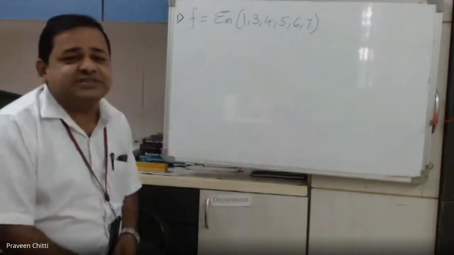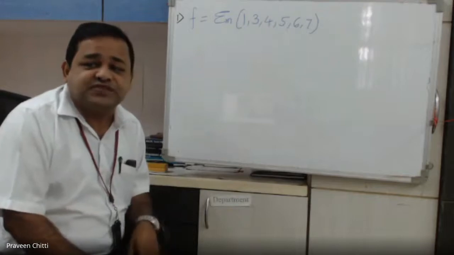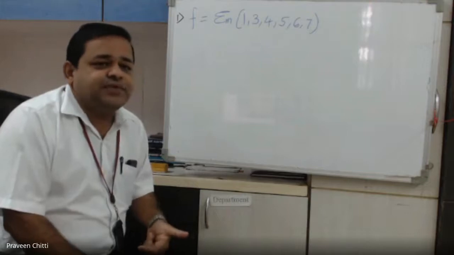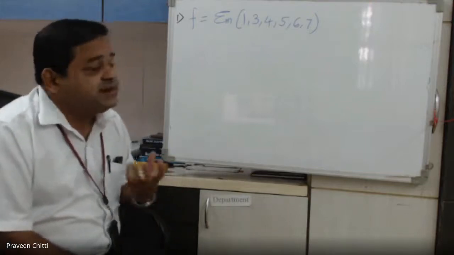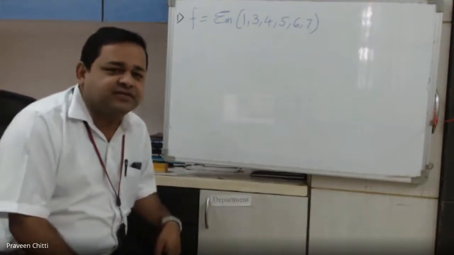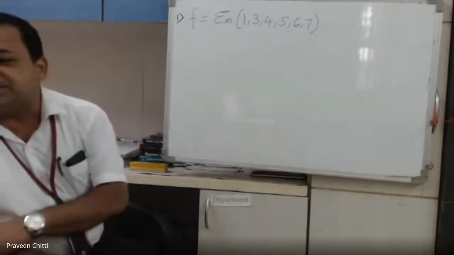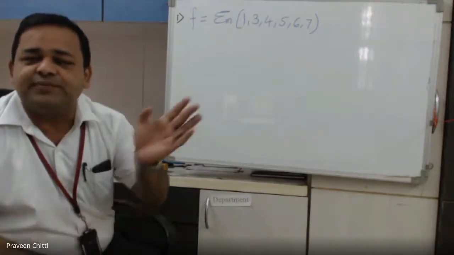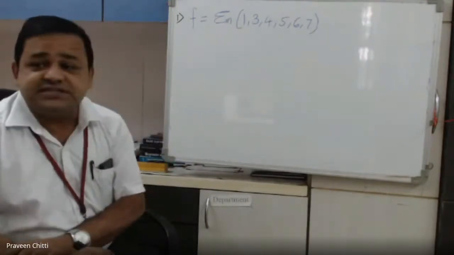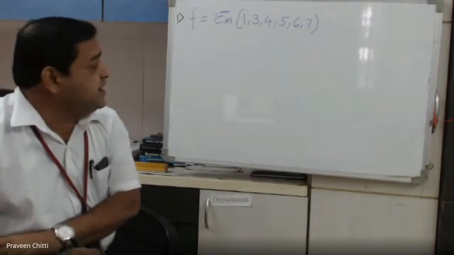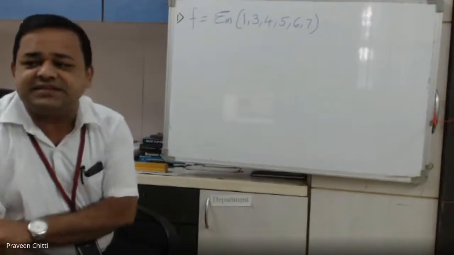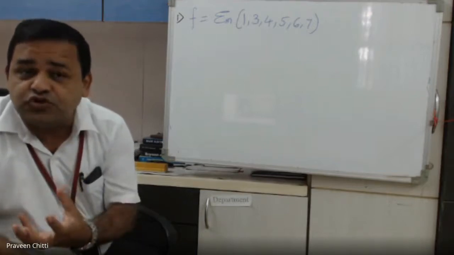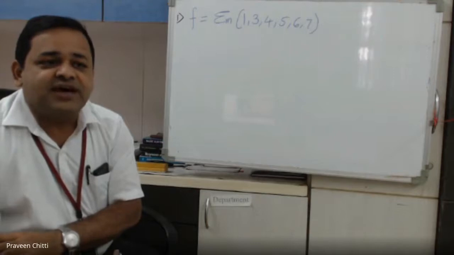Always you should have the expression in canonical SOP form. So already here the expression is given in canonical SOP form. That is the first requirement. What is the second requirement? In the second step, you need to check how many variables the given expression has. Normally they write f of a, b, c, d up to z. But here nothing is written. Simply f is written and sigma m 1, 3, 4, 5, 6, 7. So to solve any expression using K-map, first you should know how many variables there are.